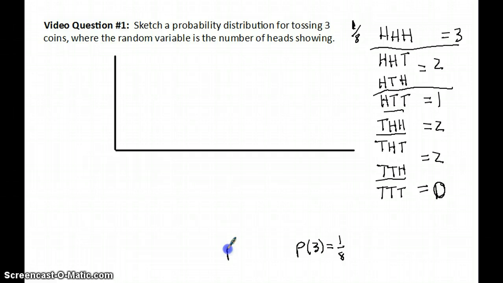The probability that I roll 2 heads is how many? Let's count them up. Out of the 8 possibilities, how much of the time could I get 2 heads? Well, there's 1, 2, 3, 4. Looks like 4 out of the 8. If I counted that one and that one and that one and that one, that's 4 out of the 8 where I get 2. Probability that I get 1 heads,